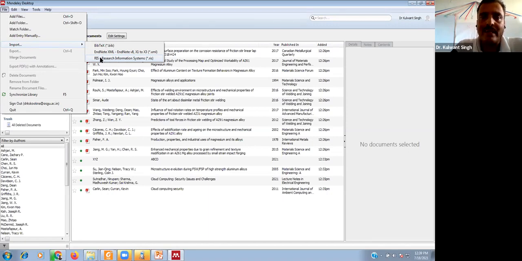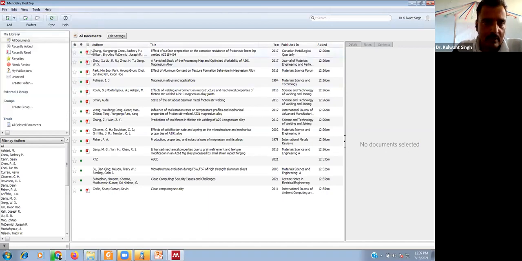Suppose my supervisor is using EndNote and he is providing me an exported file from EndNote in .xml format. Then I can directly import that particular exported file in my library, and all the documents of that exported file will automatically be updated in my Mendeley library. So at present, we do not have any exported file. Otherwise, we can perform this, suppose,